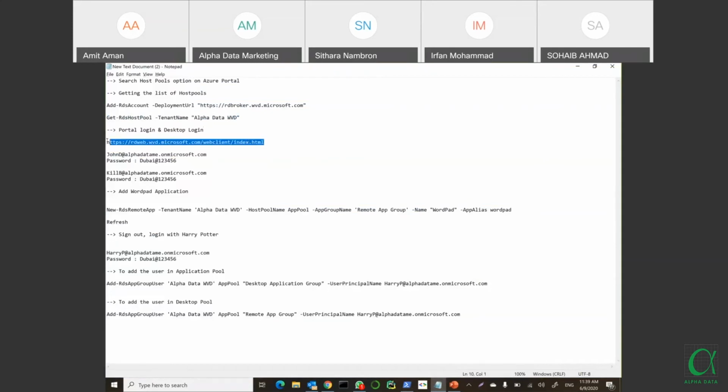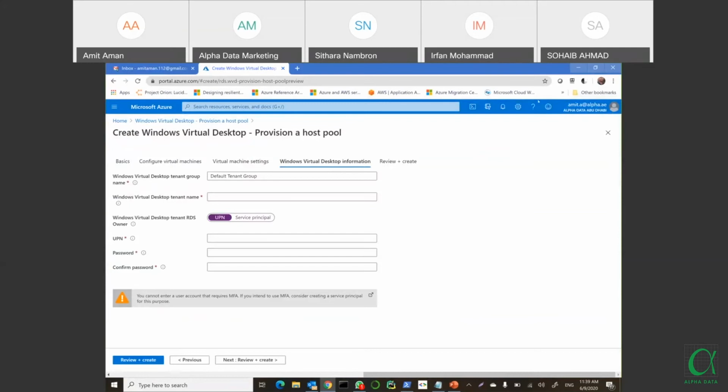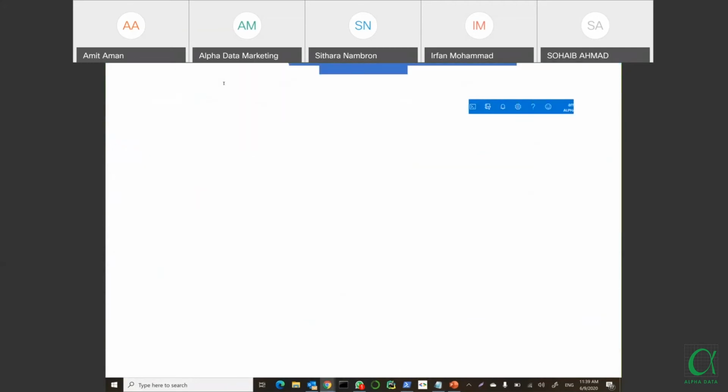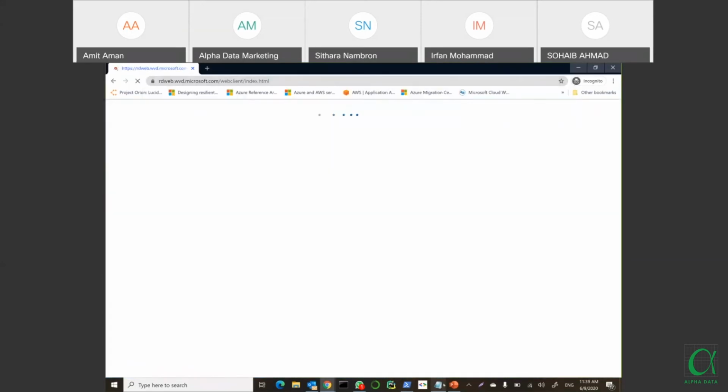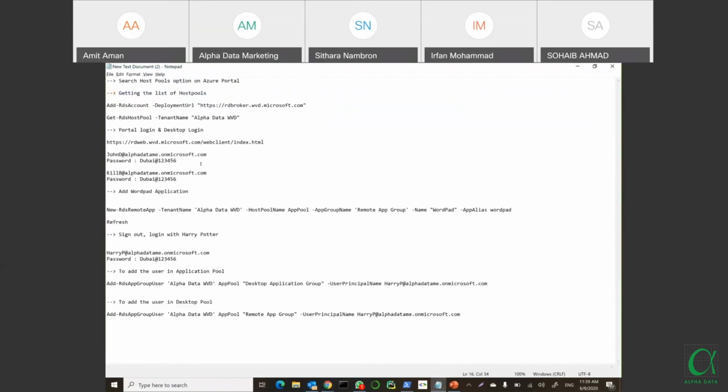First, let's check how my host pool looks. Due to the cache and all those things, it's better to go incognito. The users have already been created.